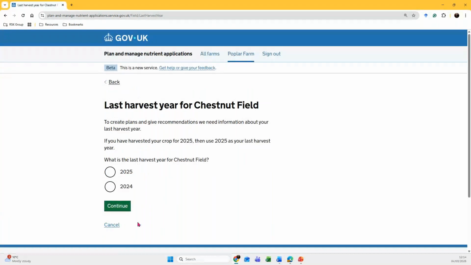Now, you next get asked what was the last harvest year. You get asked this question when you first set up your field, and that's because we need to know what last year was, because then we're planning for the next year. And you'll know that we need to know what our last crop was in order to generate a fertiliser recommendation for our next crop. So our last harvest year for this field was 2025, and we're now planning our fertiliser use for